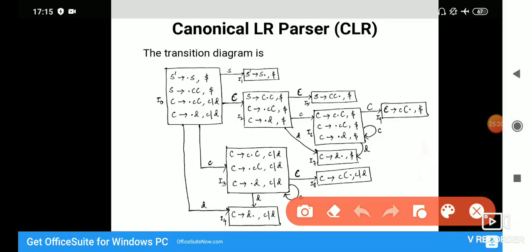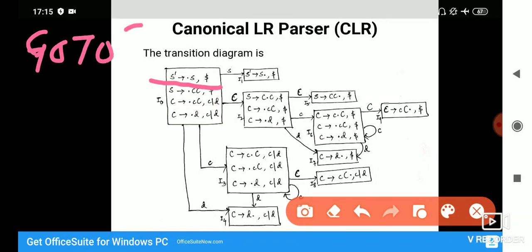When we took the first item from I0, we performed goTo of I0 comma S. Why? Because after dot, whatever is there will be considered as the symbol for movement. Okay, so we got I1 from there, and that is what is shown over here in the diagram.